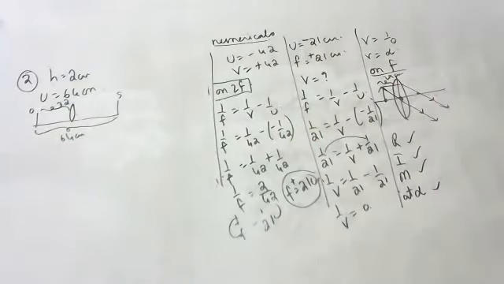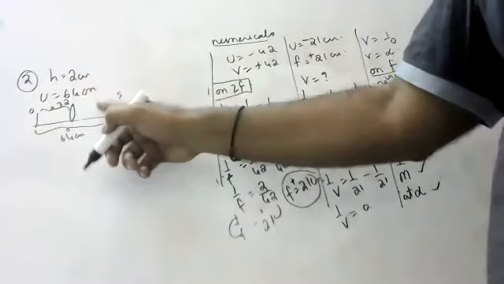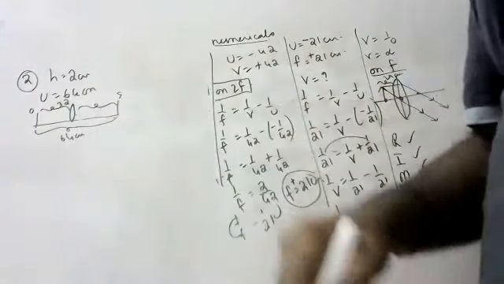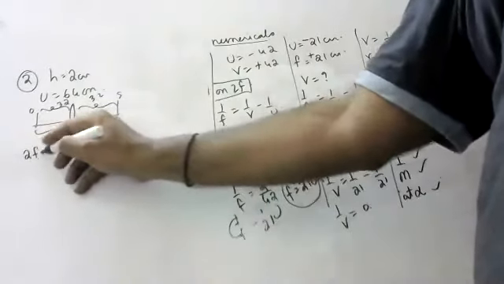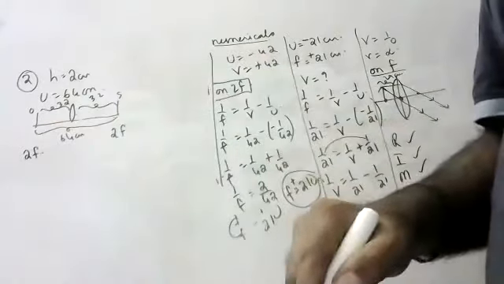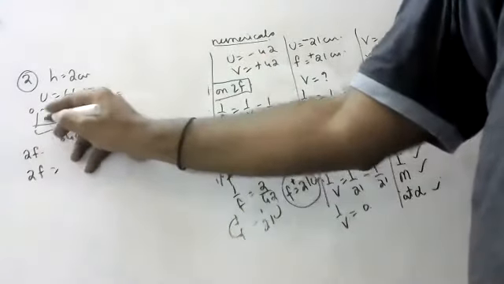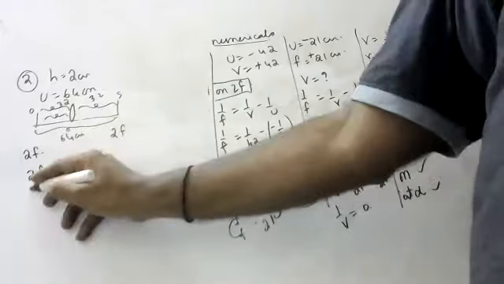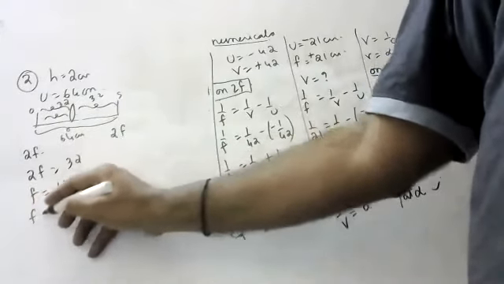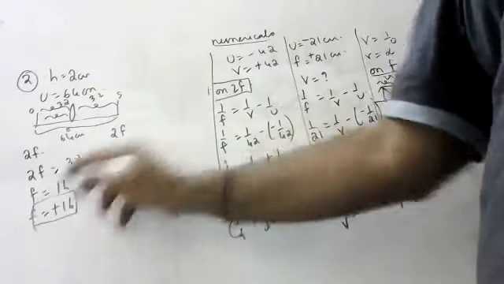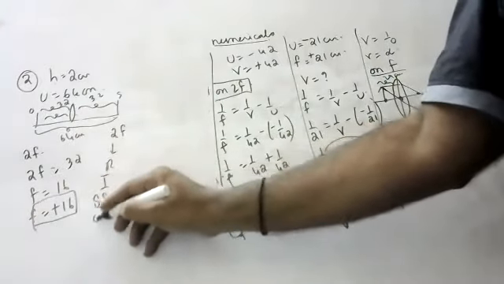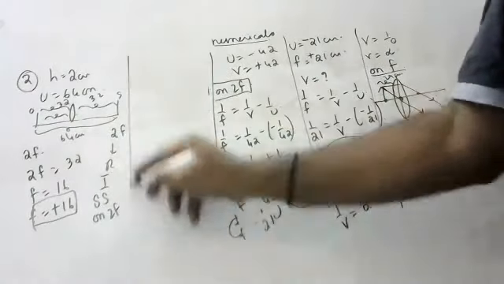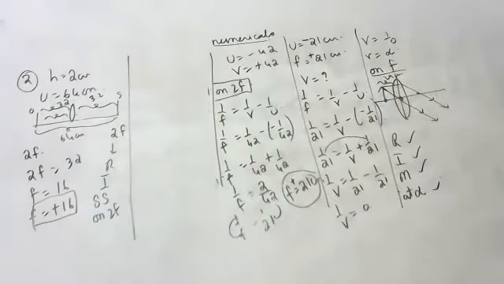So children, again the same question. If this is 32, what will this be? Again 32. When is this possible? When the object is kept at 2f, you get the image also at 2f. 2f is equal to 32, so f is equal to plus 16. When the object is on 2f, what are the characteristics of the image? Real, inverted, same size. Just to confuse you they gave it this way, but the questions are the same.